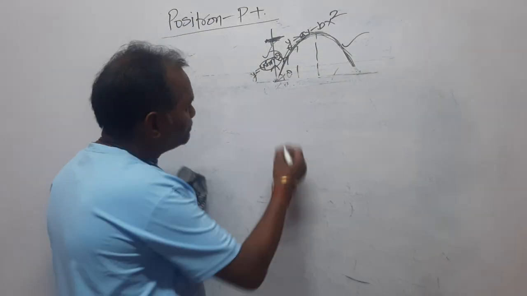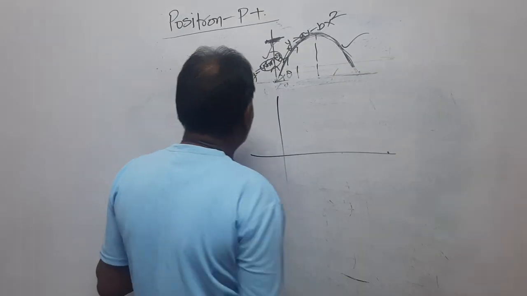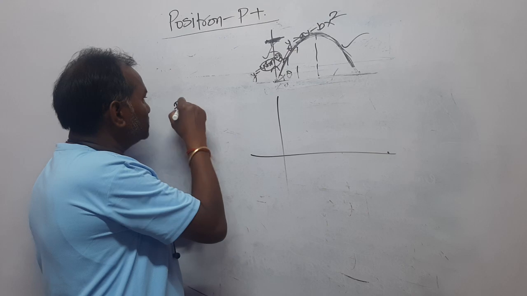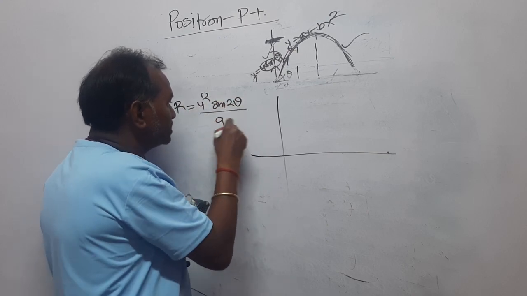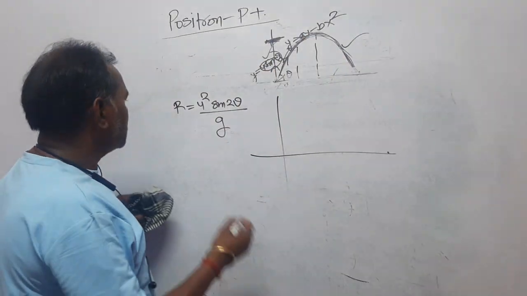It makes you fish in troubled water. How? Look, a very simple question I am giving you. Just say that R is equal to u square sine 2 theta upon g. This is the horizontal range of a projectile. Dear student, let